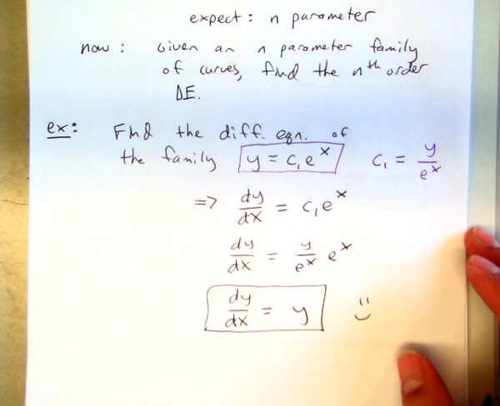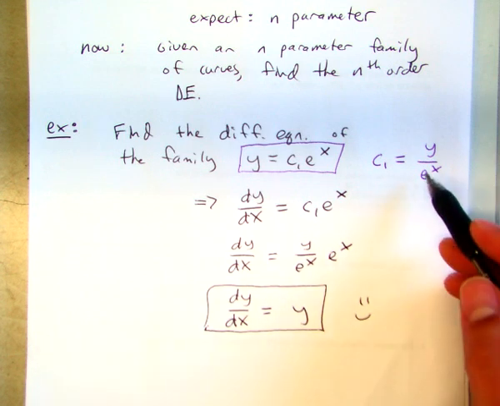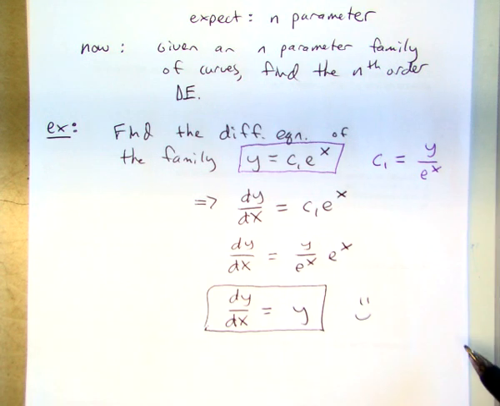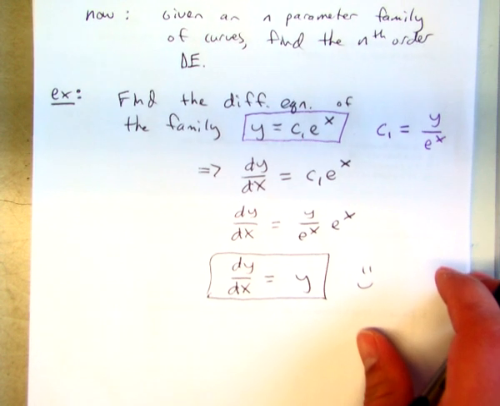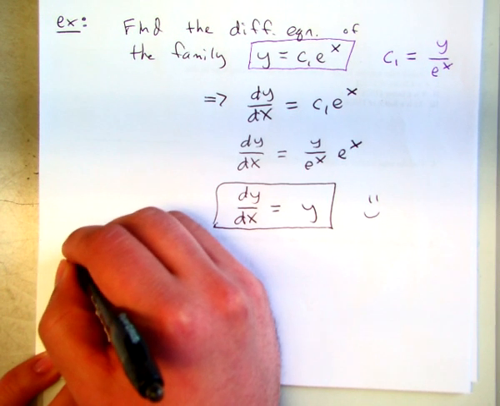So you're going to be given a function. You're going to want to go back and see what kind of differential equation would give you that solution. And you can do that by isolating the parameter, plugging it in, taking the derivative. Okay? Any questions on how to do that? Okay. So, where is this headed? Well,